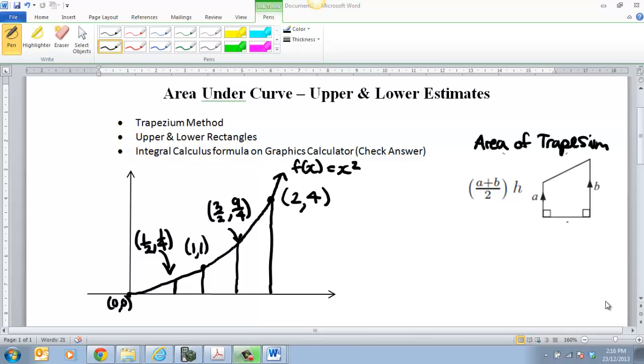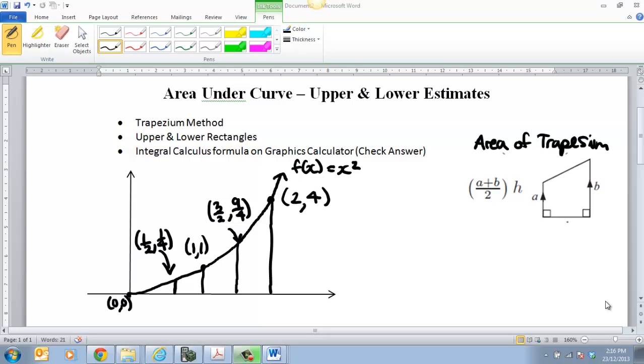In the next couple of videos we're going to be looking at calculating the area under the curve. So these are the things that we'll be going through: the trapezium method, and then using the rectangles for upper and lower, and then we're going to show you how to do it on your calculator to get a really accurate way of doing that, and I'll show you how to do that on GeoGebra as well. So the first thing I'd like to do in this video is to show you how to do the